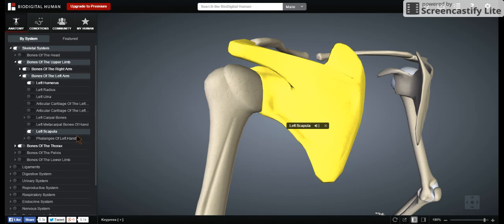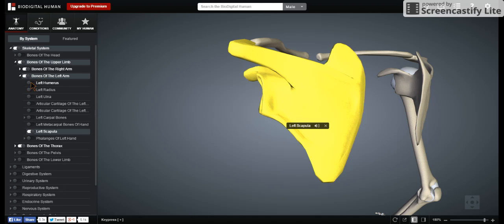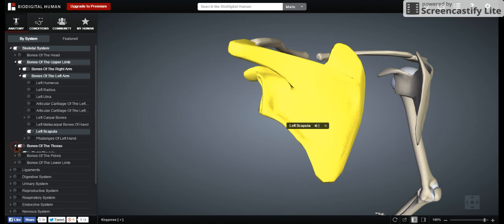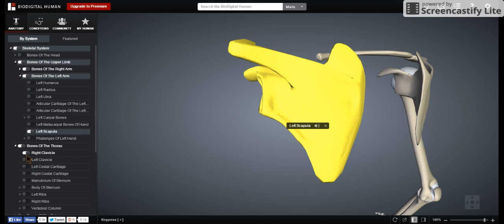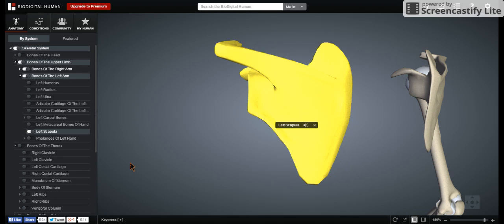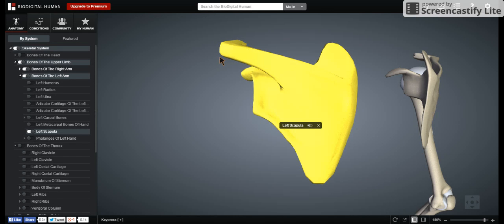The reason I'm bringing this up is that when you see this in laboratory, you see a lone scapula, and I'll show you what it looks like without any bones. That lone scapula, you're going to be asked to identify without any other bones. There are going to be no clavicles, no other bones associated with it. This is the view that you're going to see. Whenever you see this scapula, you know that this is the posterior portion, this is the superior portion, therefore this has to be the left-hand side. If you go over to the other scapula,